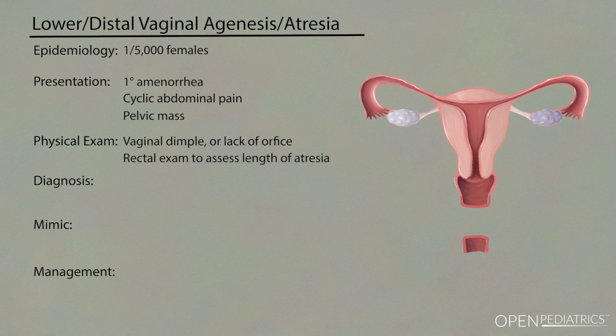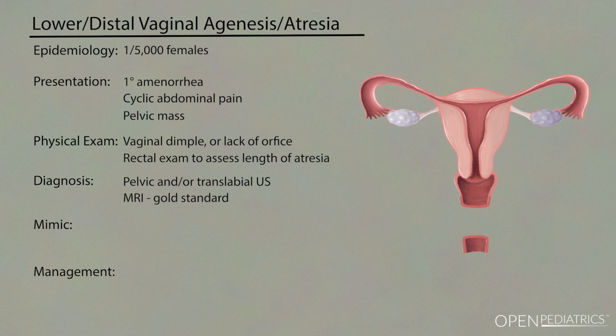A rectal exam can assist with determining how much of the lower vagina did not develop. Knowing the length of the atretic portion of the vagina is important for surgical management. Pelvic ultrasound can be used to confirm normal ovaries, obstructed upper vagina, and presence of a cervix and uterus. A transperineal or translabial ultrasound can be used to measure the distance from the hymenal tissue to the obstructed proximal